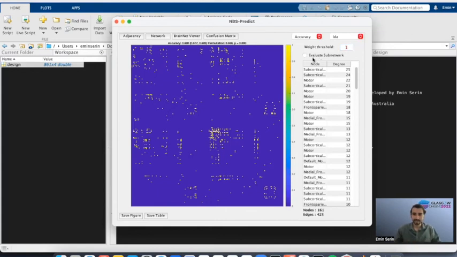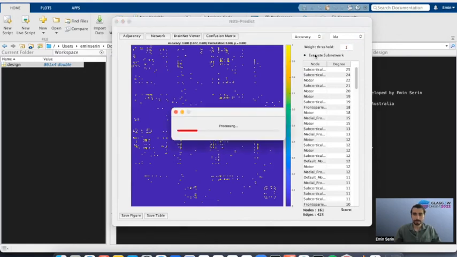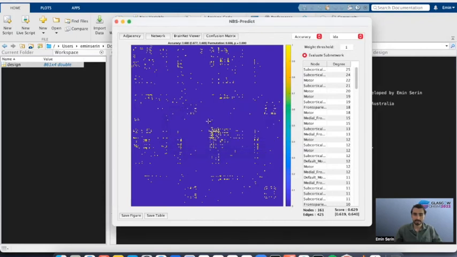To evaluate the prediction performance of the subnetwork, just click here, and it could take time depending on the size of the subnetwork. It basically performs 10 repeated tenfold cross validation. Okay, so you can check the performance of the subnetwork, which is around 63% accuracy, which is good. So what else can we do? We can also visualize this subnetwork on a circular graph, and to do that, just click the network button here.